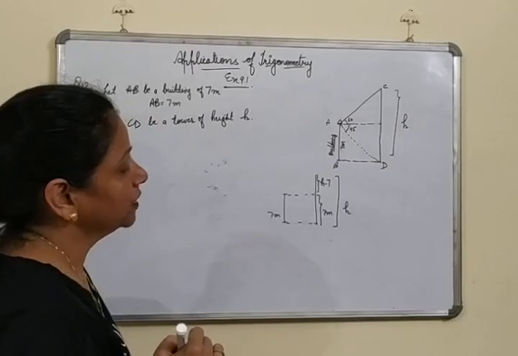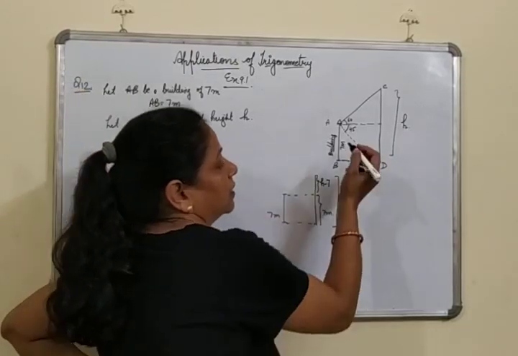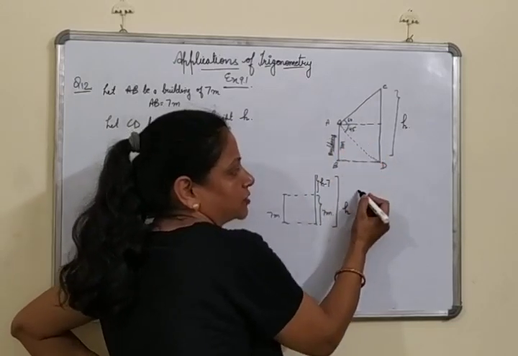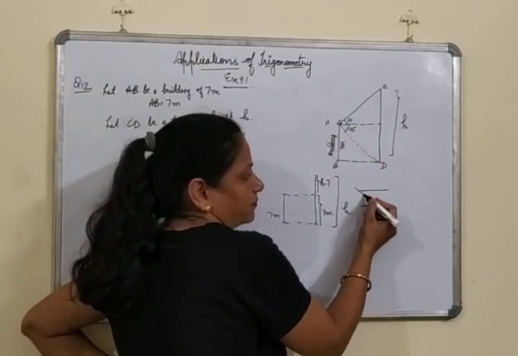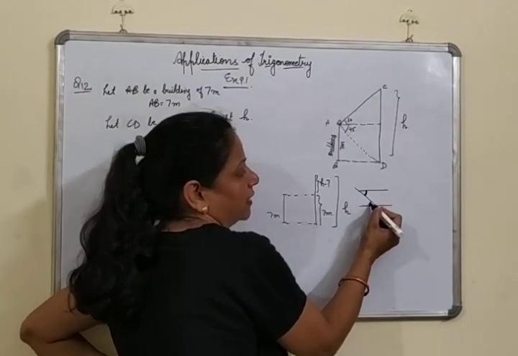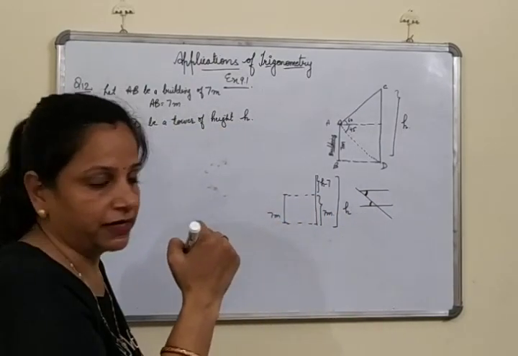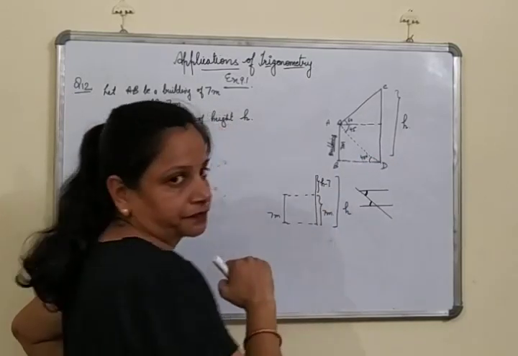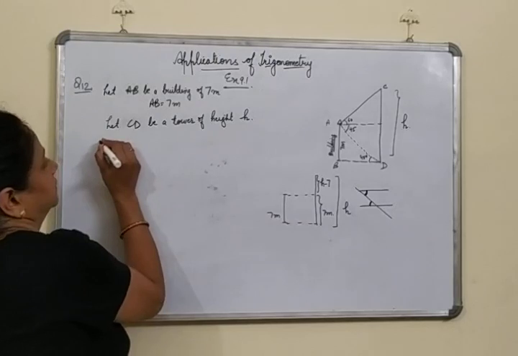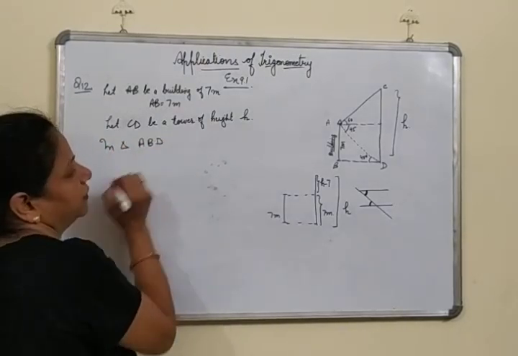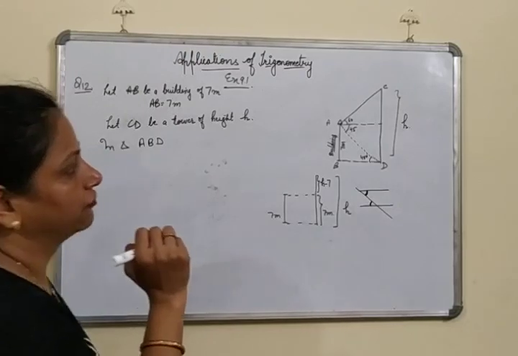Now, what we will be doing? This is angle of elevation which is going upward. This is angle of depression. Now since these two lines are parallel, this is angle of depression, so the angle that is made here will be the same angle made here. Fine? That means we can write angle 45 degree here also. Now we take triangle ABD. We take triangle ABD. Look carefully.